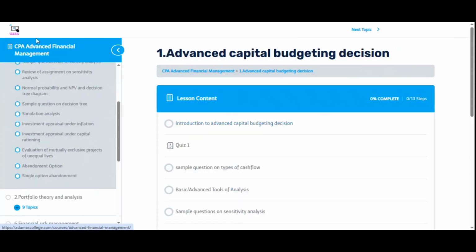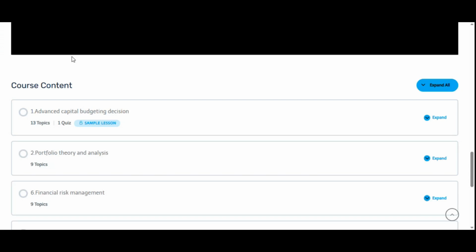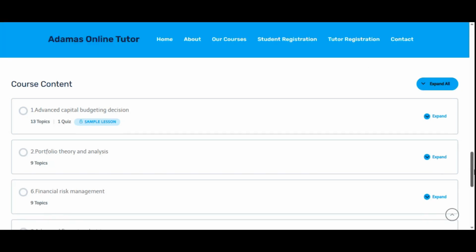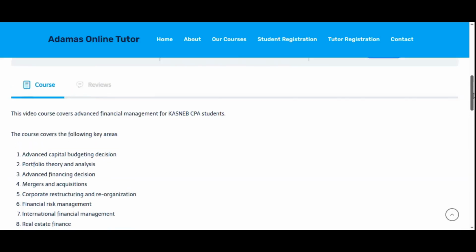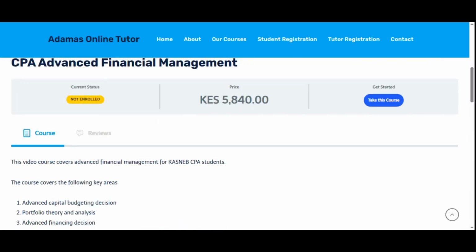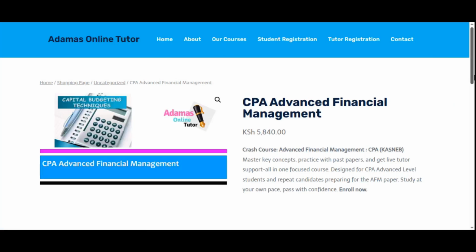So that is it with regards to how to navigate through the course. So once you've reviewed the course and you have a feel and you are interested in taking this particular course, now you can proceed and say take this course. So when you proceed to take this course,